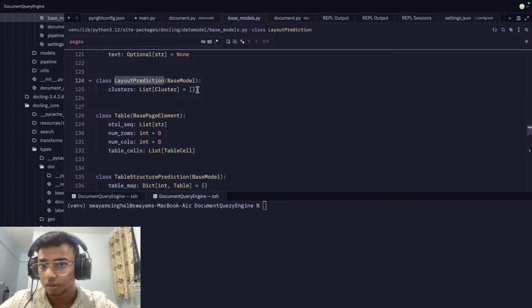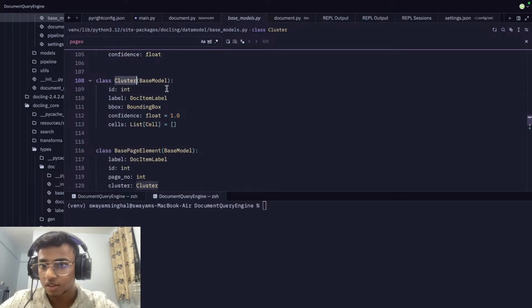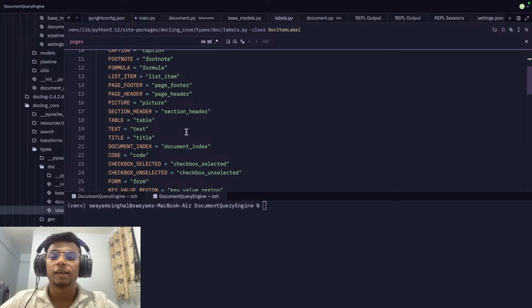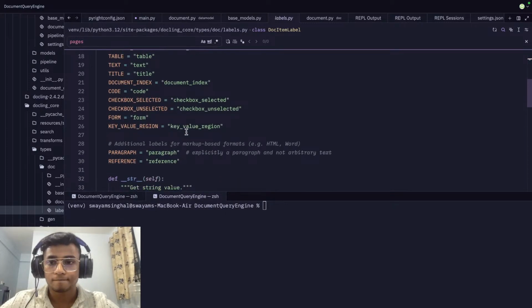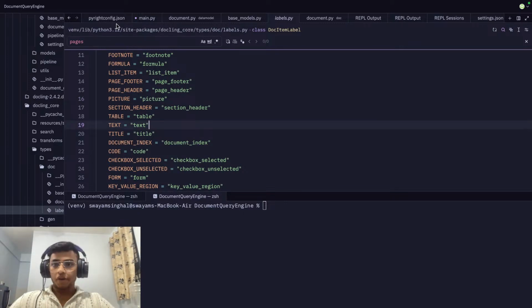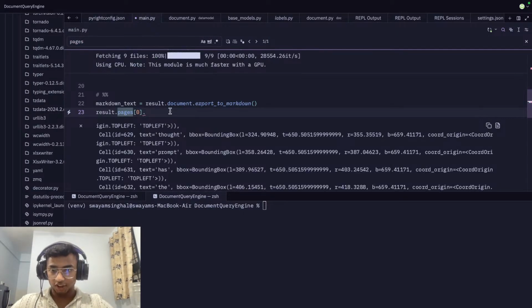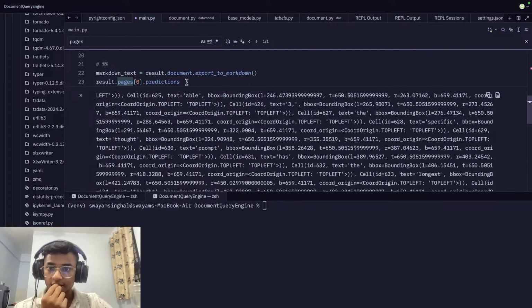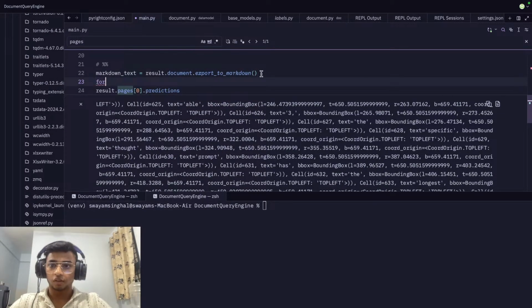Layout prediction. List of cluster. Cluster is ID, bbox, cell. What all is doc item label? Cool, this is what we want, right? From doc item label we want figure, where is picture? Okay, I think we can get to the image. Pages, inside the pages we want predictions. Can I just print that quickly? Inside predictions, for I in